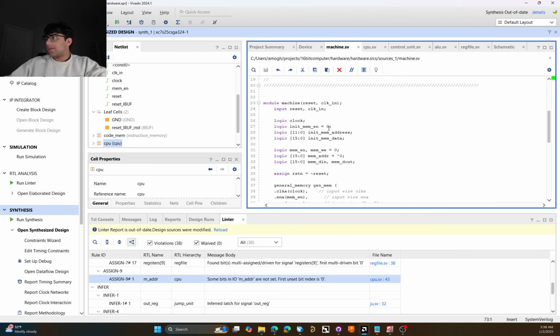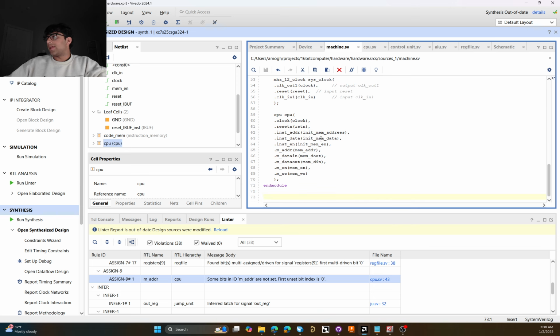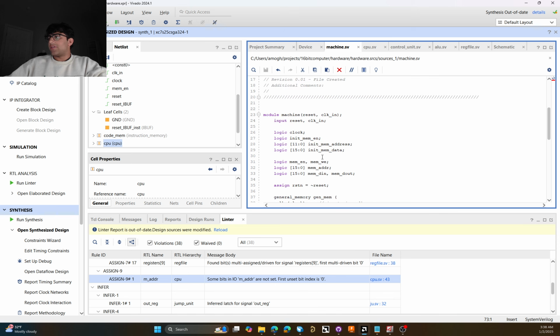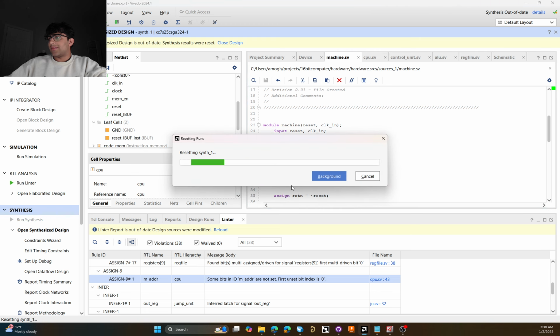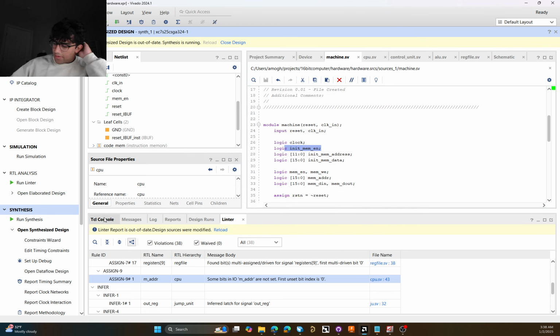I'll just tell you what happened real quick. I set my init memory to zero. I set my enable read address. Well, I set all this stuff to zero, which is why it was all getting latched. But if I just remove the assignments and run the synthesis again, oh, this is gonna take a minute. It's fine. In the meantime, we can check out